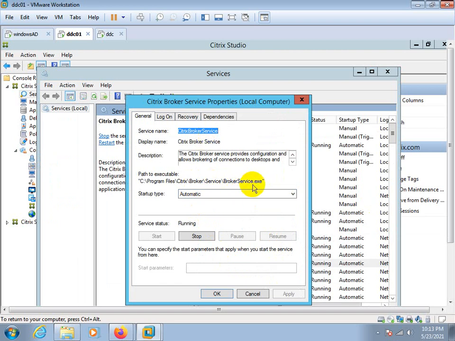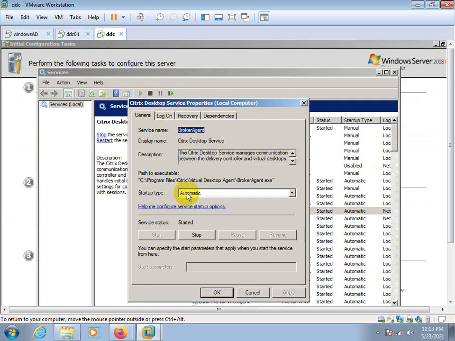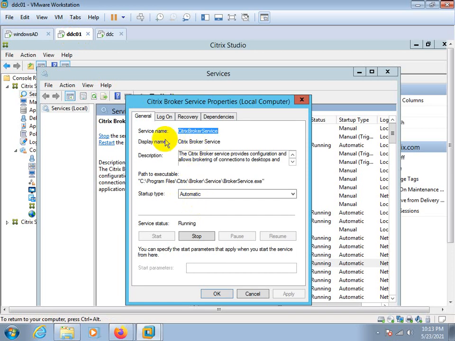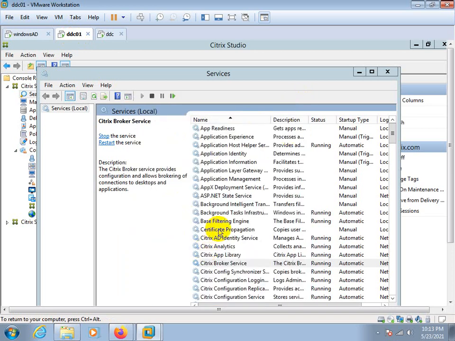It's broker service.exe. Here the name is Citrix broker service, but on the VDA it is broker agent, Citrix desktop service, and broker agent.exe. Means in VDA it is broker agent, in DDC it is broker service.